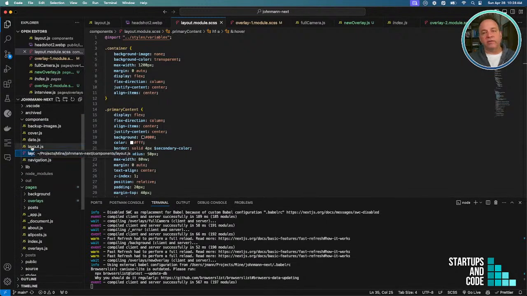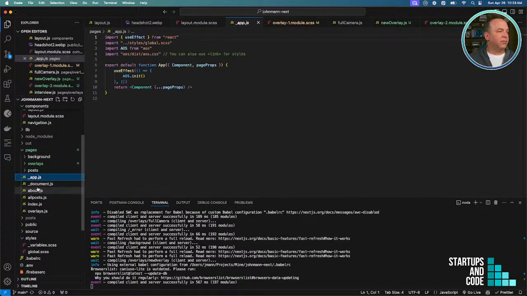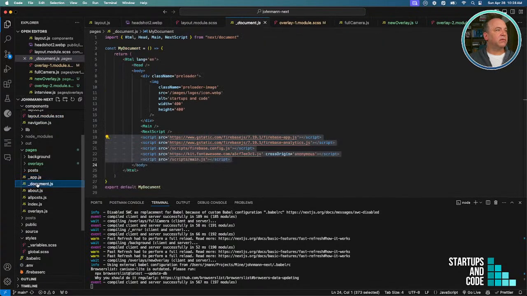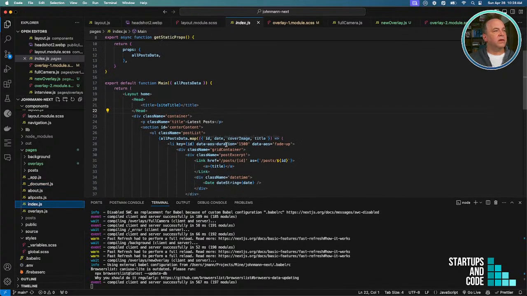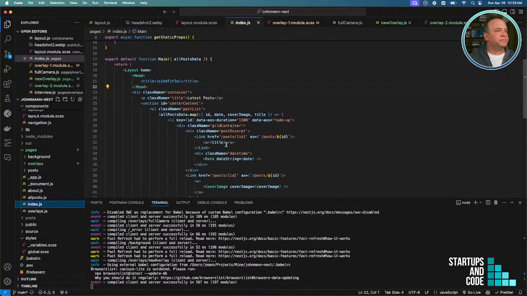So everything has a default in Next.js, and your top level will be your app document, app, and then document, right? And then you should see layout. Oh, main and next script. Those are the scripts. Body. Great. There's my preloader, and then main. And main is part of the next document. And then you come in here. And here's my layout home. Here's my head. And then this is the container for that. Anyway,